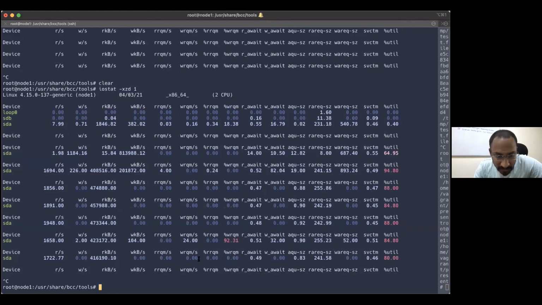I'm going for read 1722, which means my IOPS may be 2000 per second. I can handle 2000 IO operations per second because I have reached 80% of utilization. My await time is still very low. I'm performing well, but I'm reaching the limit. At a time, my disk can handle 2000 operations per second.